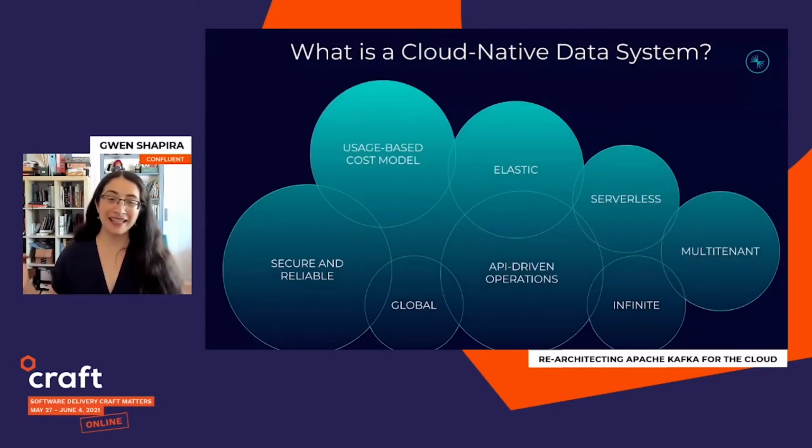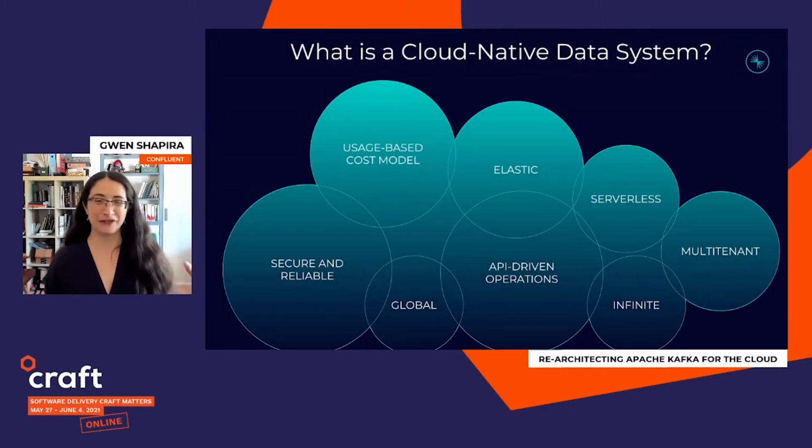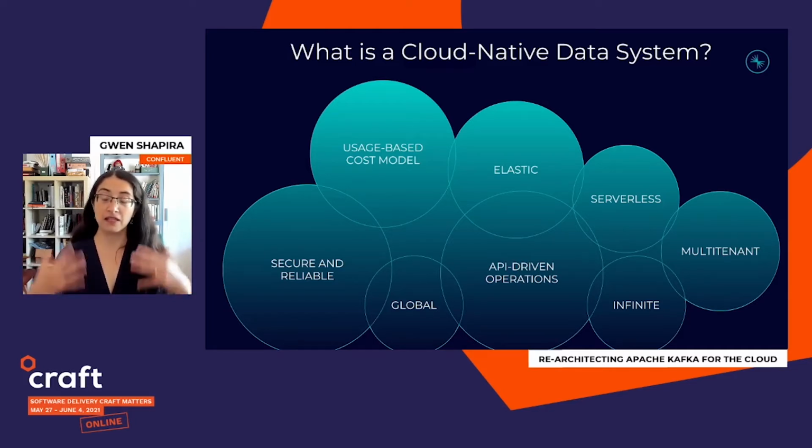Obviously, defining cloud native is kind of a loser's game. Everyone has their definition. But the things that I see in common for all those next generation data systems developed for the cloud are the reasons that we use them. The fact that they're API driven, that creating a new database, a new table, a new anything is an API call away. The fact that they are so elastic that often you don't even have to scale them,